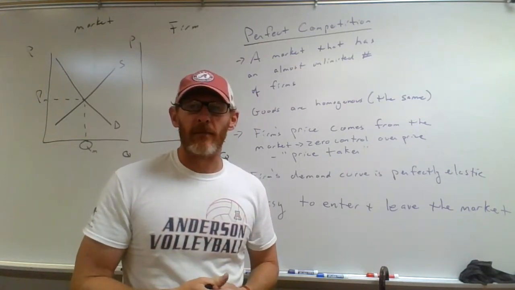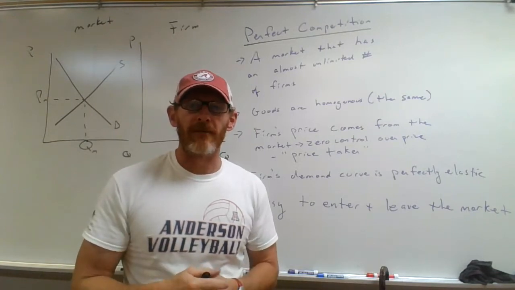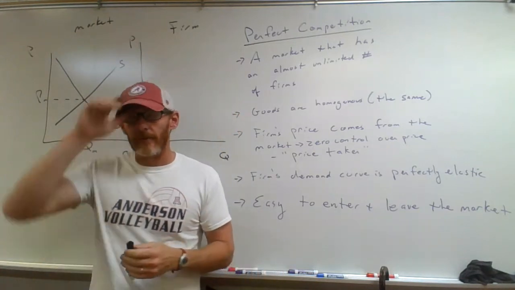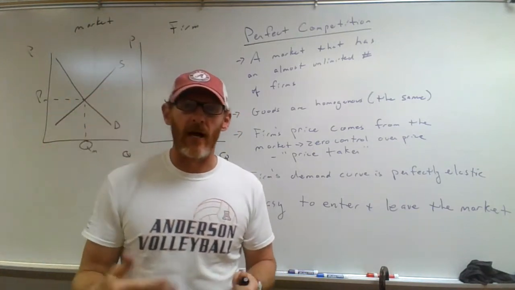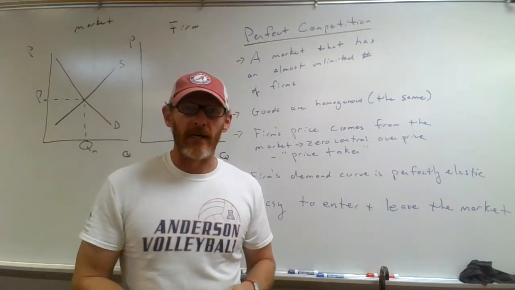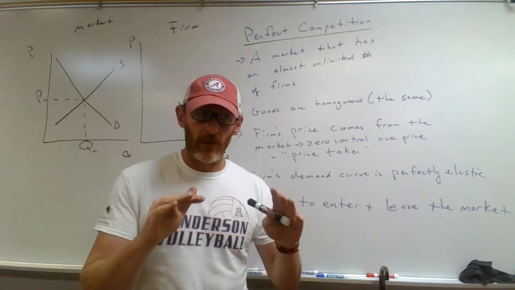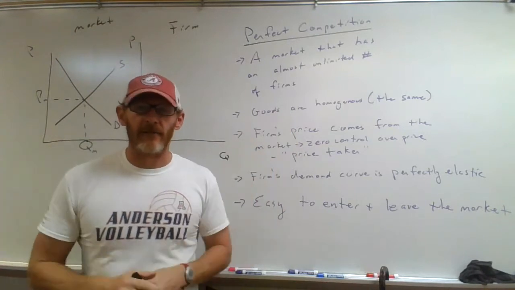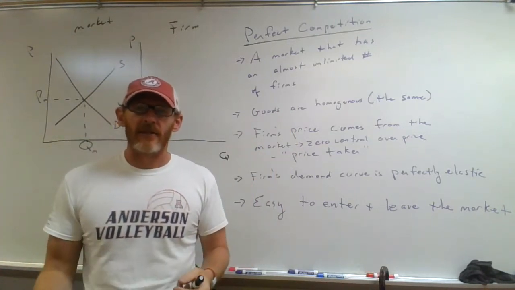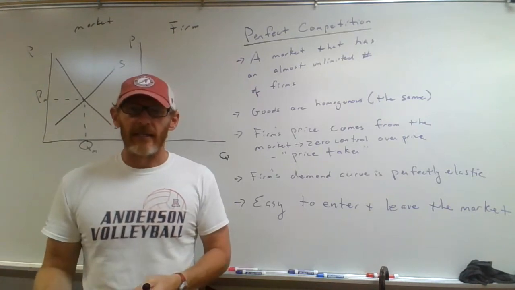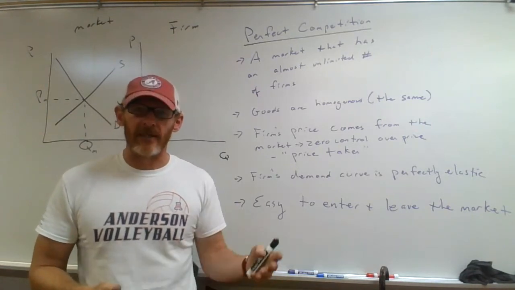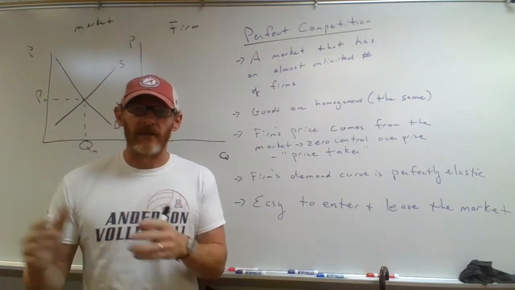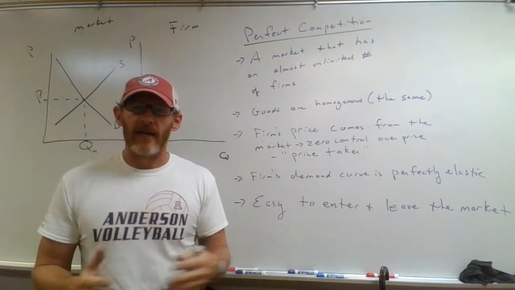So, the first one we learn about, and the one that's most pure, is called perfect competition or a perfectly competitive market. This is not really always possible under our circumstances, but this is how a perfect economy should work without outside influences. So let's look at what that means and how that's graphed. And as we go through the different types of markets, there are four of them. You can see the differences between perfectly competitive firms and monopolies and how we graph and figure out